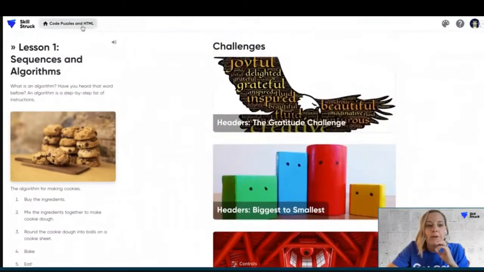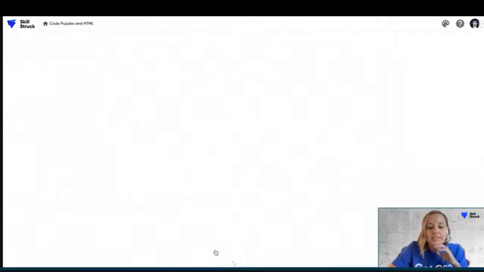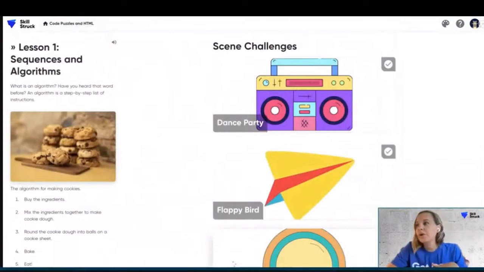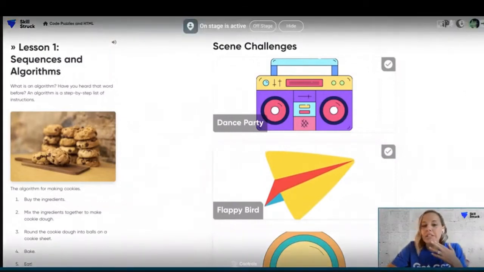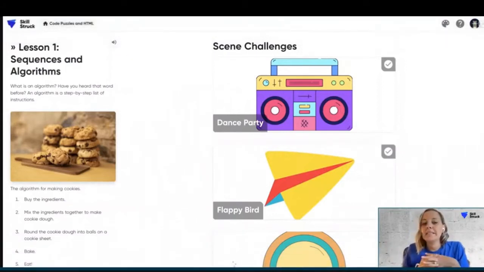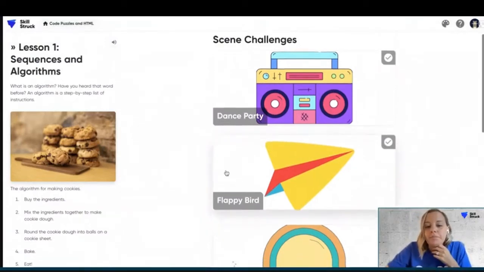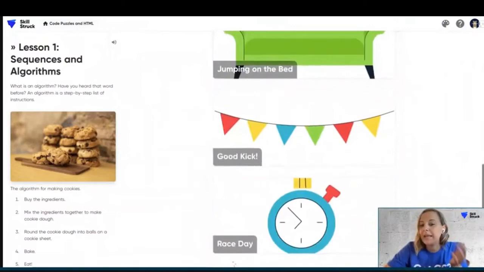The next thing that I'll point out before we go back to my presentation are the scenes. So scenes is where you will access the place where students can create their own little projects here. We have a playground available so students can start from scratch. That is not currently available in this code playground link, but it is coming. So for now, for any time I mention flight training, any scene, you can really pick any of these to